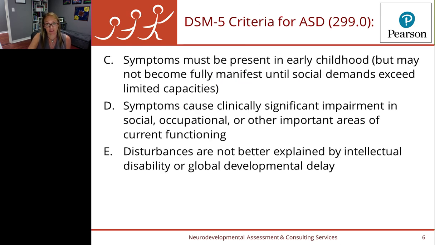Symptoms do have to be present in early childhood, even if you're not identifying them until later in life. I evaluate many adults for the first time, even those who are self-referring for an autism evaluation, and it's very important to still determine if their early childhood was marked by any of the symptoms according to the disorder. So I will always ask if there's a living family member, a parent and or sibling, a cousin, aunt or uncle that knew their early development well.